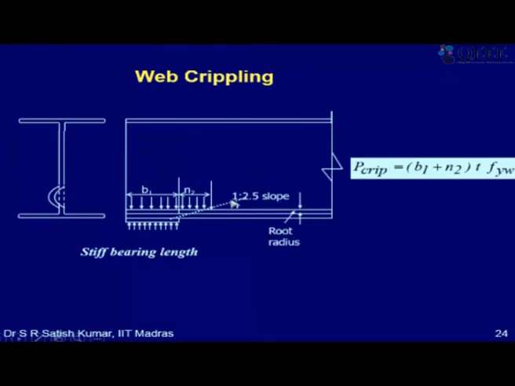Then web crippling, as I said, occurs due to local stress concentration effects, right? So as I said, if I apply a variety of loads on the beam, all these loads will eventually have to flow into the support, right? So at the support location there could be stress concentration. This is when I'm assuming that the beam is just kept on the support like this, right? So we will get all the forces coming and entering on the support, and of course you have a flange at the bottom. So the flange helps at this point where the reaction comes,